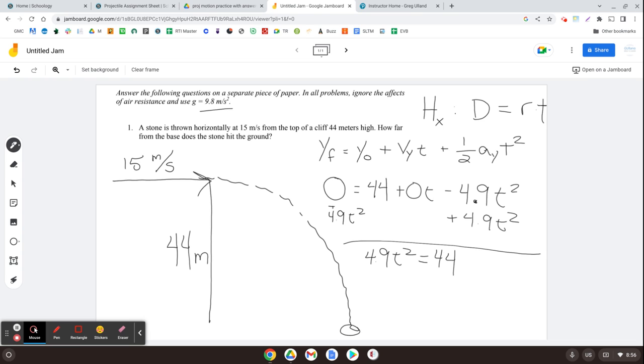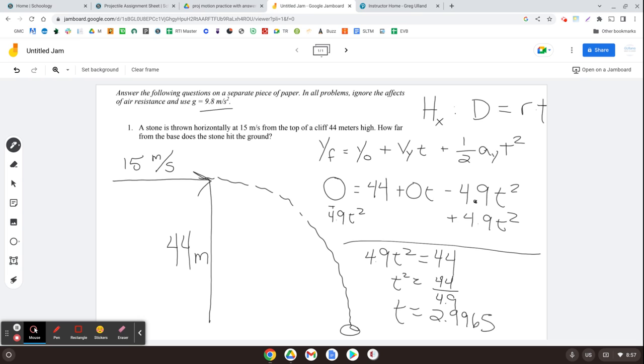Divide each side by 4.9, and you get t squared is 44 divided by 4.9. So you take the square root of 8.979, and t ends up being 2.9965,